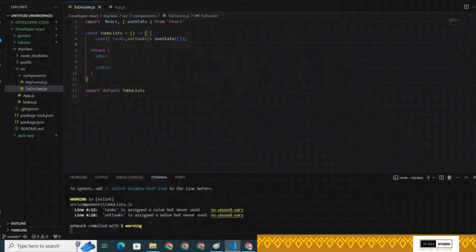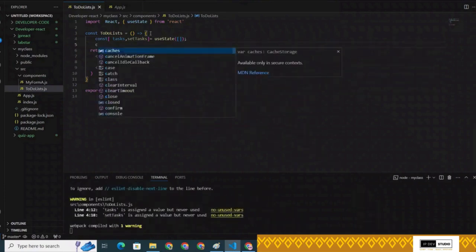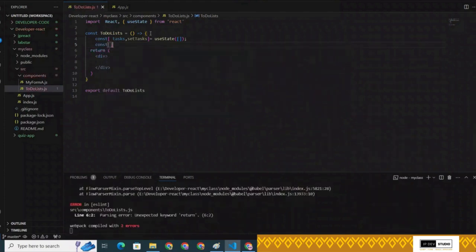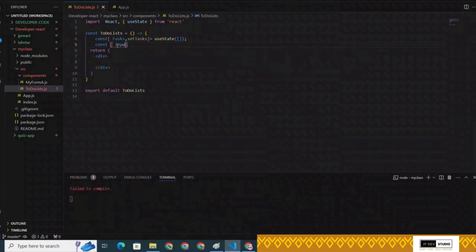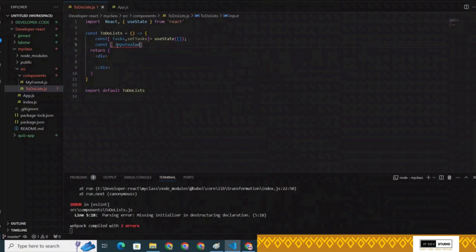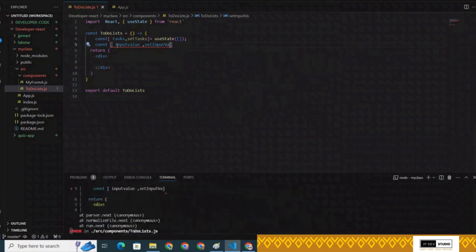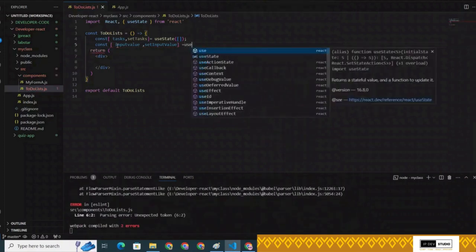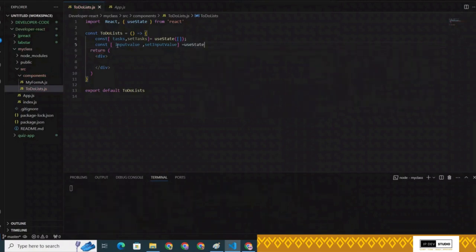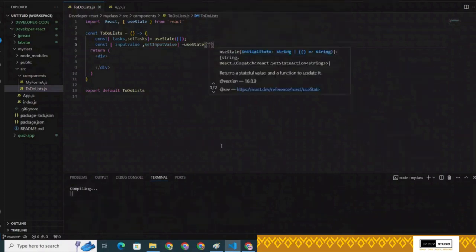Okay, second variable: const input value, set input value. Here useState, empty string. Okay,